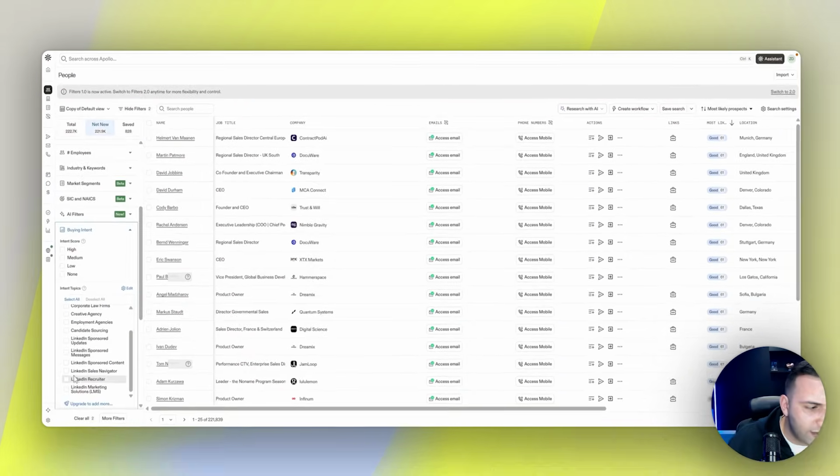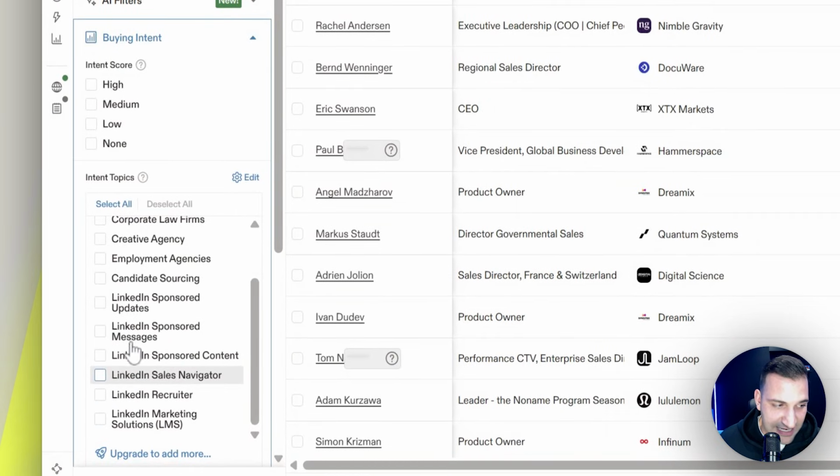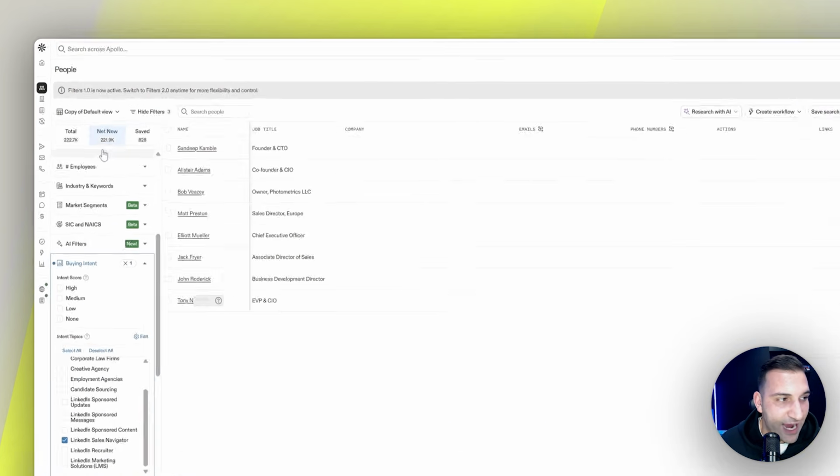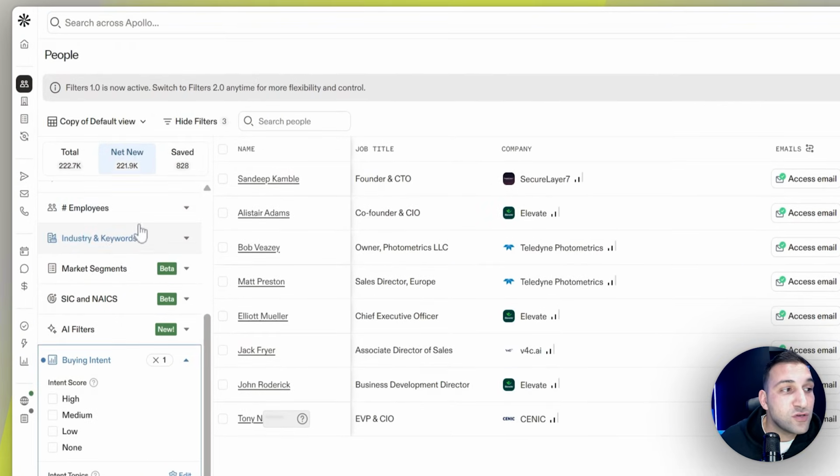I'm going to go ahead and select Sales Nav as an example. I'm just going to go ahead and check that box, and I can see out of 221,000 individuals, there are 8 people across 5 companies that I can go ahead and